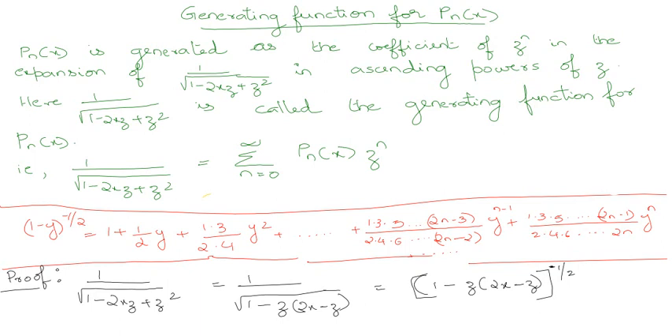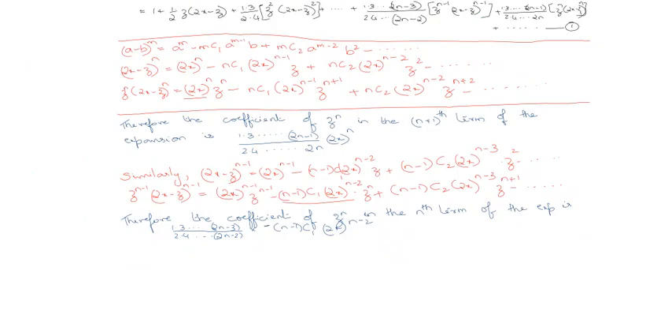So while going to the proof, we can write the function 1 by square root of 1 minus 2xz plus z square as 1 by square root of 1 minus, taking minus z outside, z into 2x minus z, which is equal to (1 minus z into (2x minus z)) the whole raised to minus 1 by 2. This is of the form (1 minus y) raised to minus 1 by 2, which can be written in this form. So it is written as 1 plus 1 by 2 into z into (2x minus z) plus